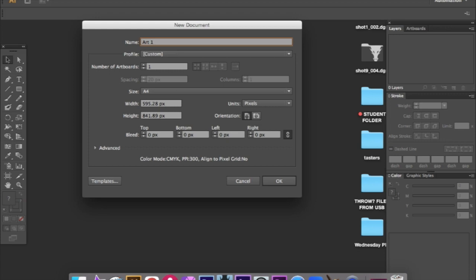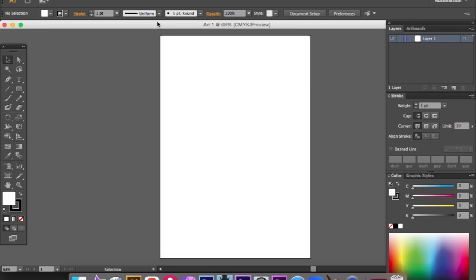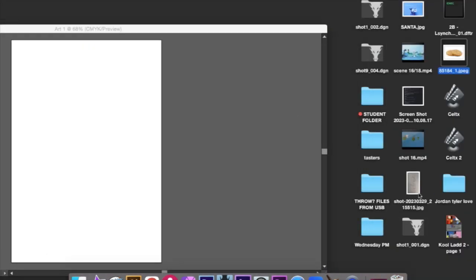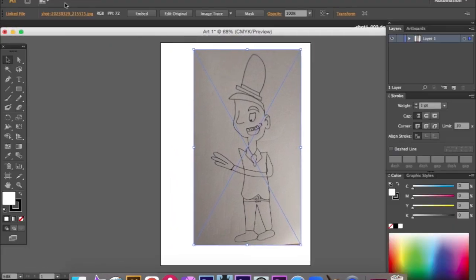Today I will show you how to draw and edit in Illustrator. First, you set up a document, type your name into it, drag your picture from your file. If you want, minimize it to make sure you can see it clearer,